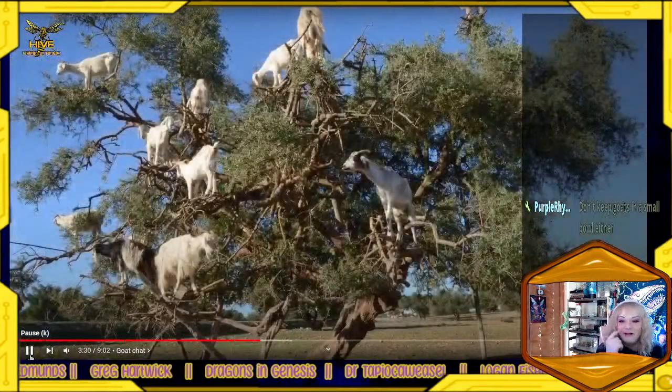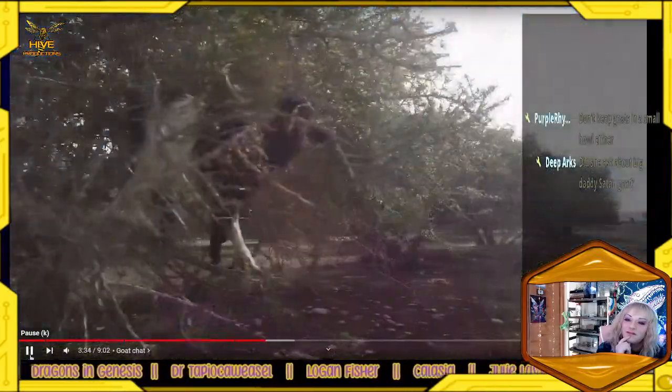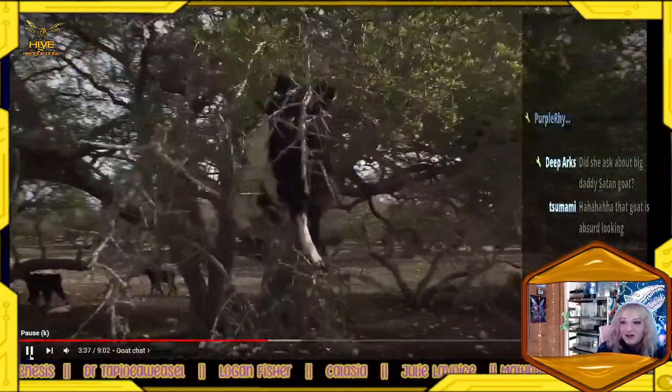And the goats that eat the argan fruit in the tops of trees, which is just really bizarre. When I asked for a spokes goat to come through for a chat, they wanted to send me two, one for the mountain goats and one for the tree goats. So we'll split them up.